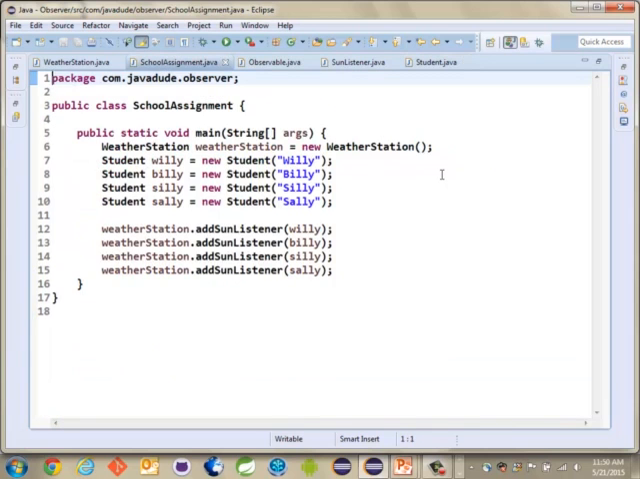And now in the assignment class here, we're going to create instances of each of those students. So we have these